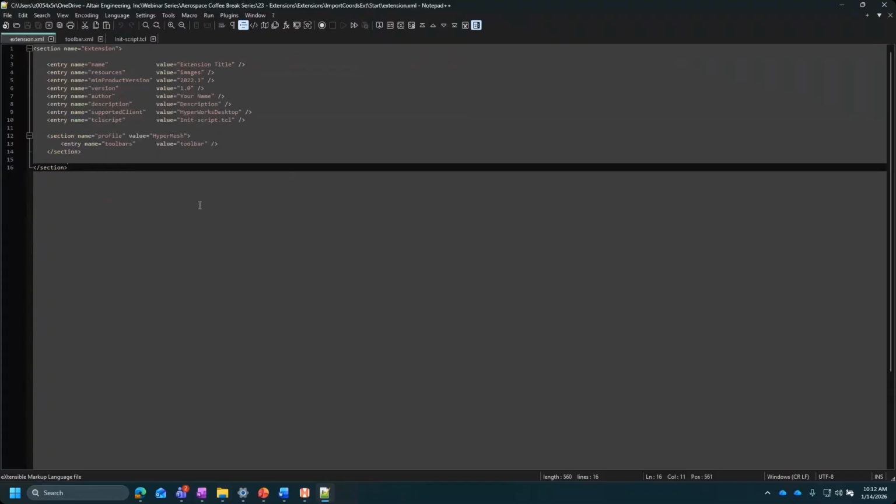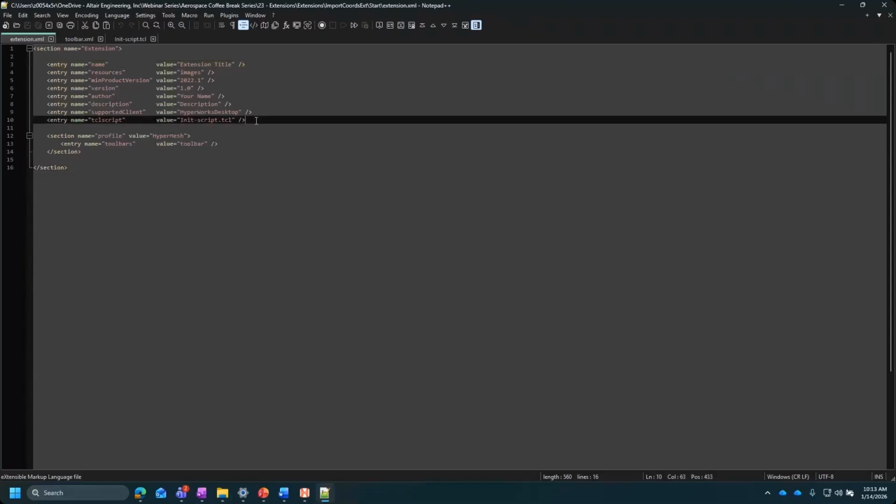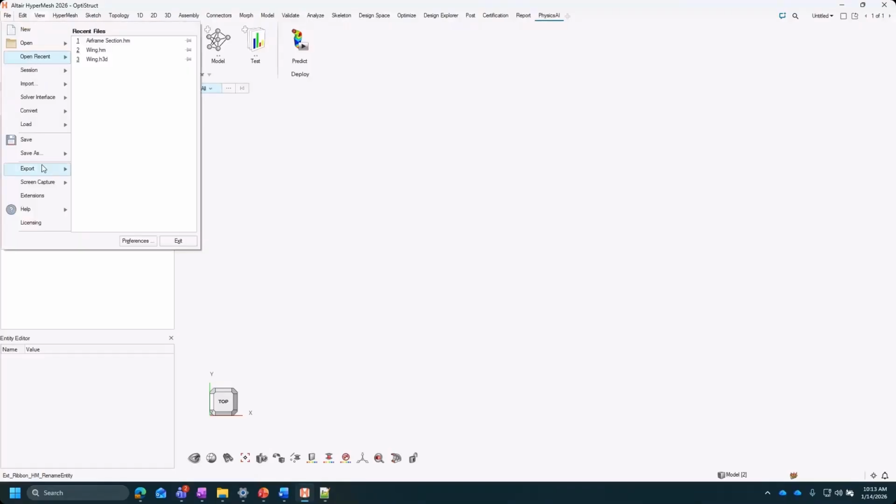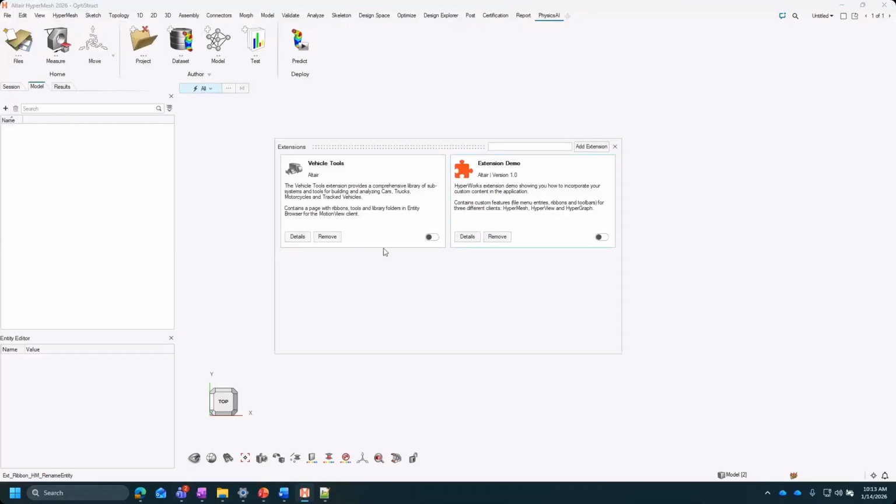Let's take a look at what each of these files does and how they work. I won't have time to go through every individual option in each of these files that build up the extensions, but I'll walk through enough to give you a good basis of how it works and how you can edit your own. In the extension XML, this is basically just bringing everything together in your extension. It's where you would define your title. These entries up here are just what gets shown whenever you go to the extensions list, right?